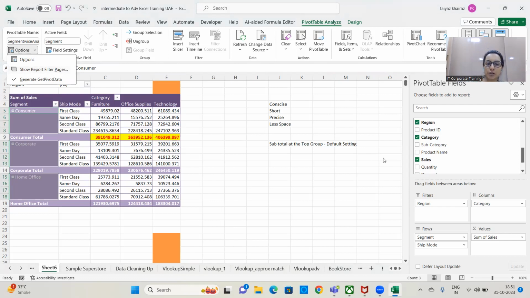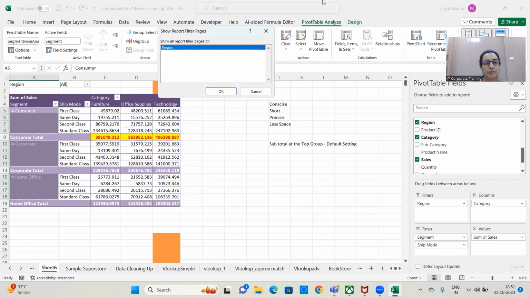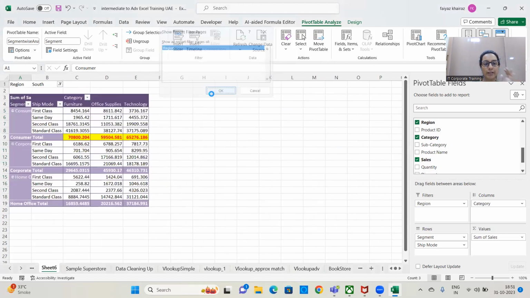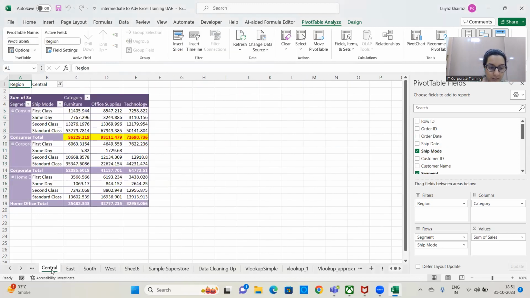The item which you took in the filter shelf, when you click on show report filter pages, pivot table will generate individual page reports of the item that you dragged and dropped in your filter shelf. I repeat, pivot table will generate individual page reports of the item that you dragged and dropped in your filter shelf. So click on show report filter pages, click on region, OK, and here you will see